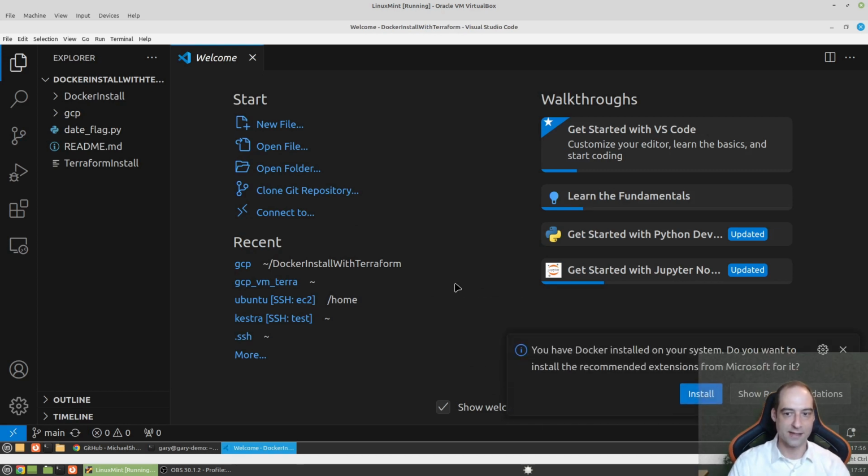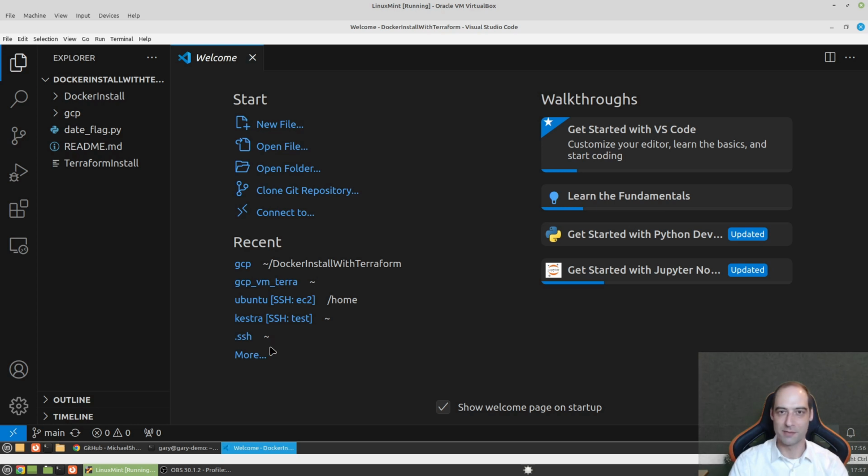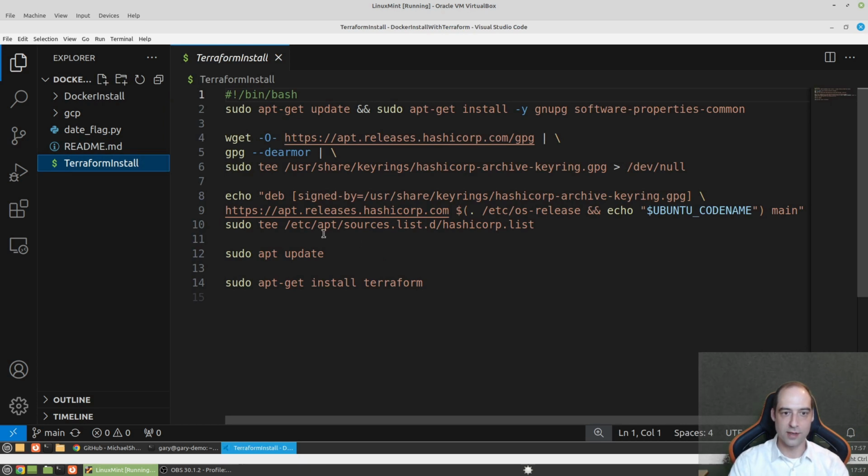And you're going to see some files here. There's a README, maybe not the best written, which is why I'm going to add this video link to it. Okay, so Terraform install. Nothing too interesting here. I literally went out and grabbed all the install commands from Terraform, except for the fingerprint,